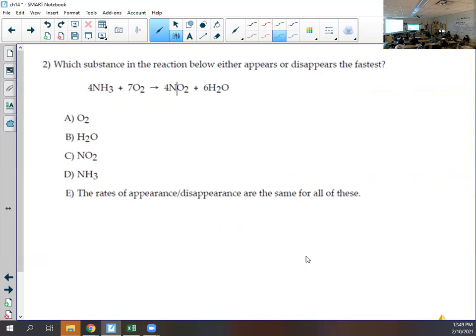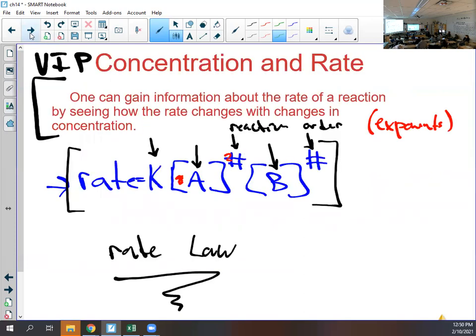Depends on what I've been doing. All right, here we go. The answer's A, because highest coefficient. I don't want to feel dumb. All right. Imagine